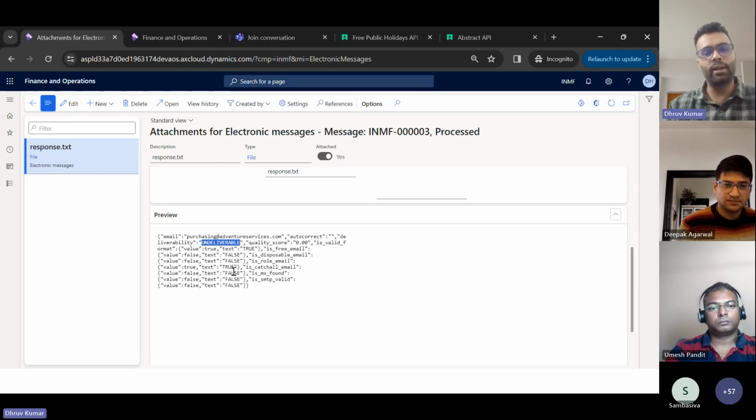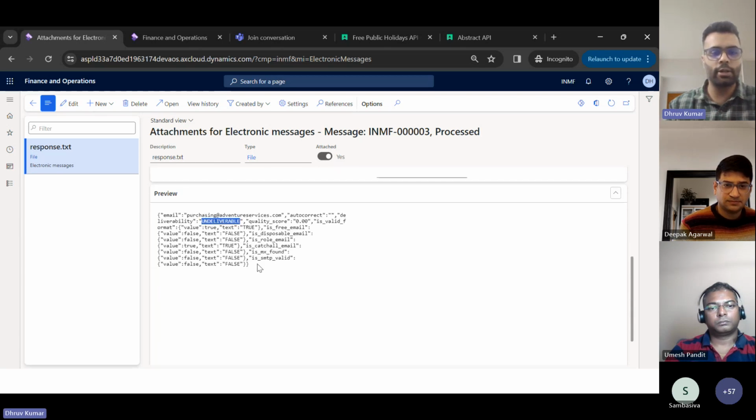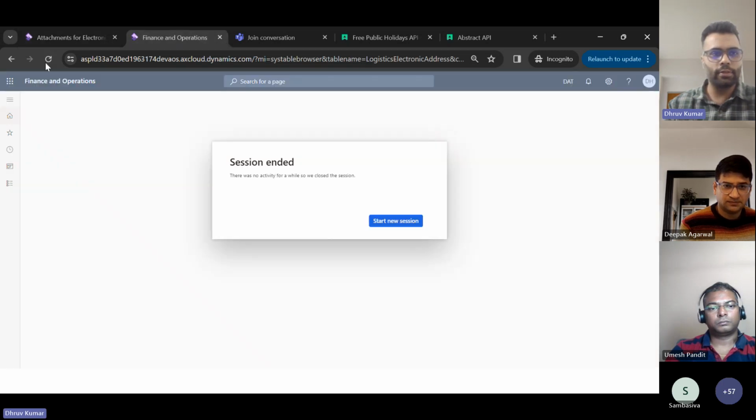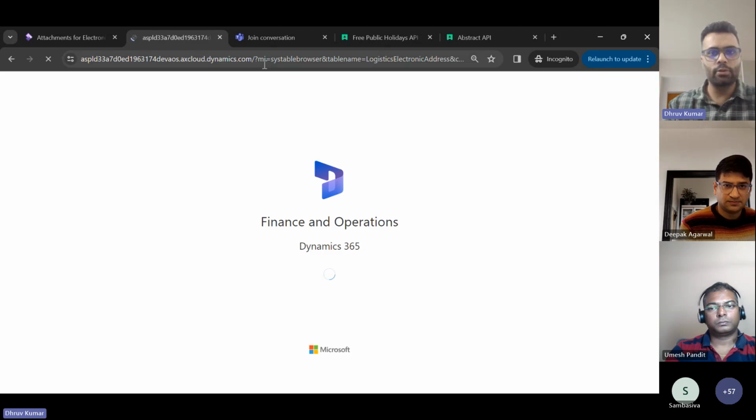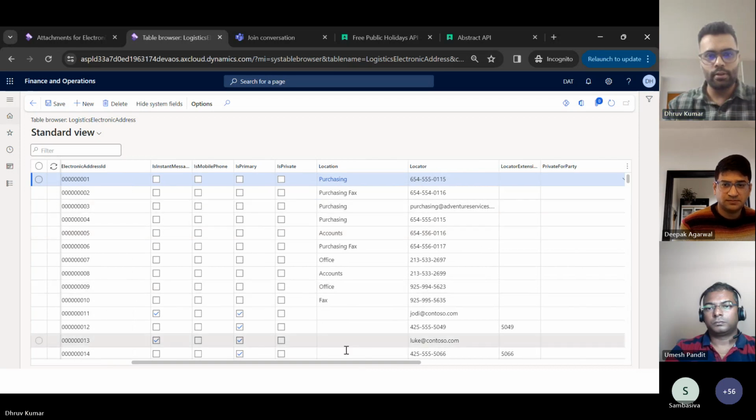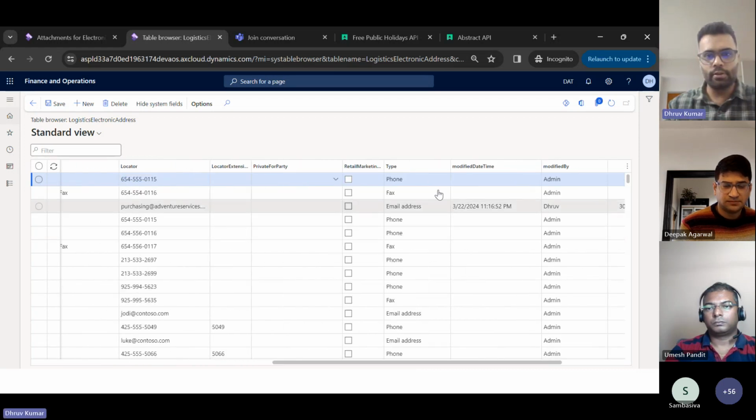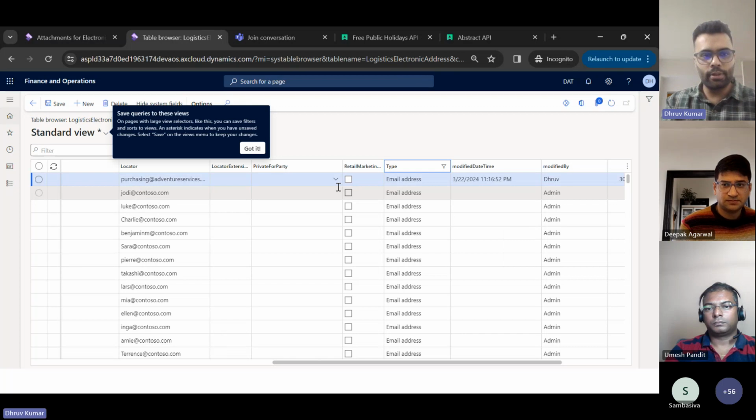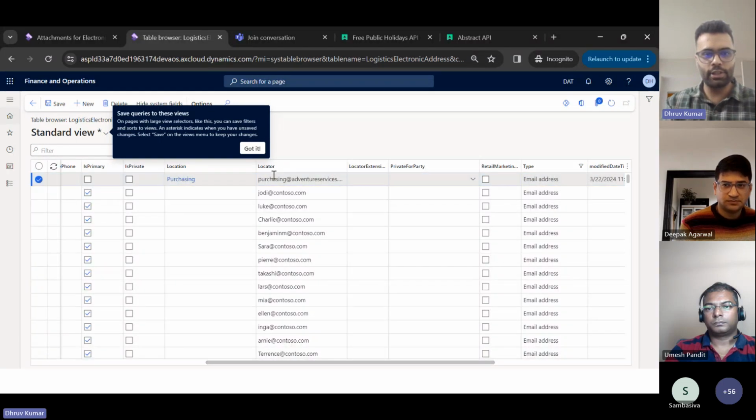But my email ID has been bound to that, and as per that I have shared my API key. If we look at that, I have opened the system table browser with the logistics electronic address. If I go here and look at our type, let's say email, the first email has come, so it has picked the first one. If I change it and save it,